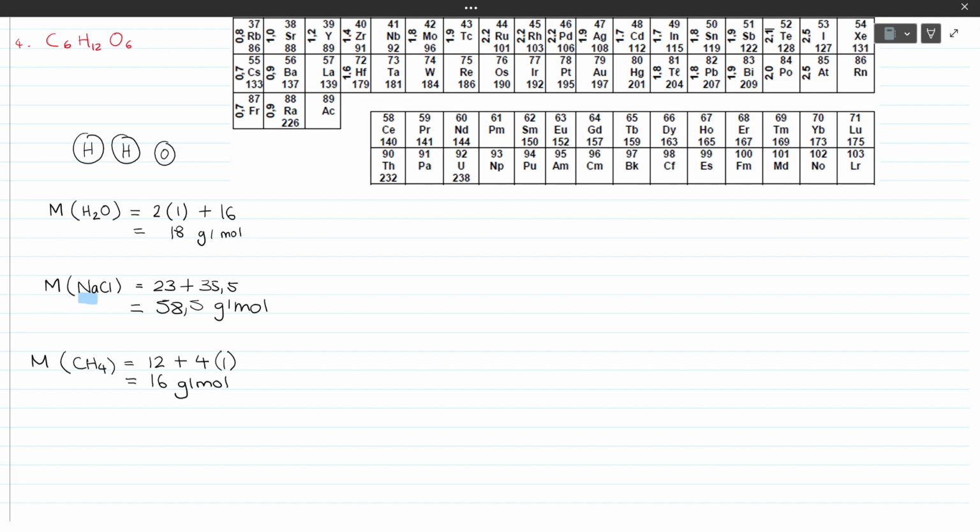And then lastly, we've got a bit of a longer one. Also take note that whenever you have chemical symbols, you're not restricted to just having 2 different atoms. You can have more than 3 even. So this is an example of a longer one. So we want the molar mass of